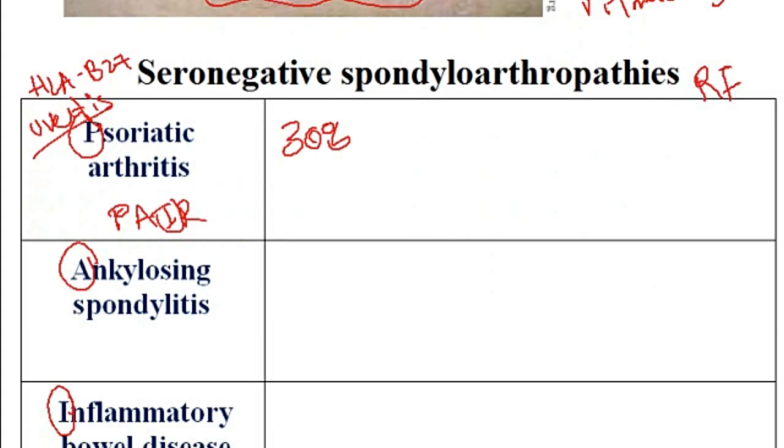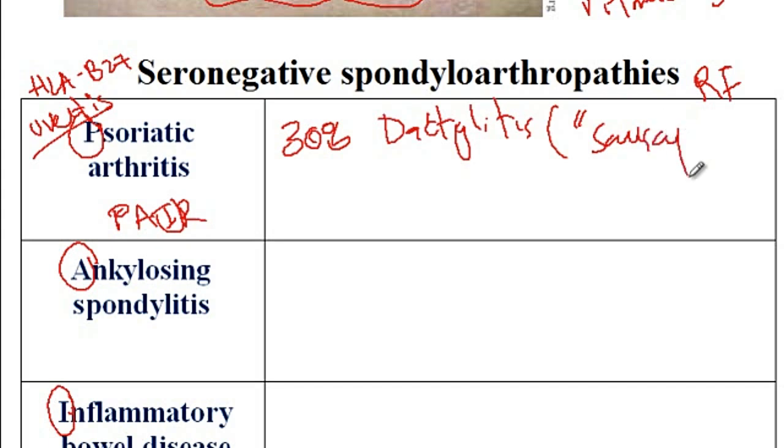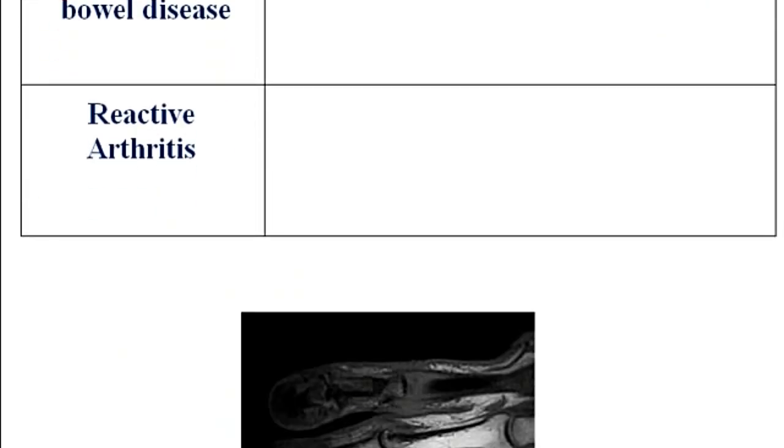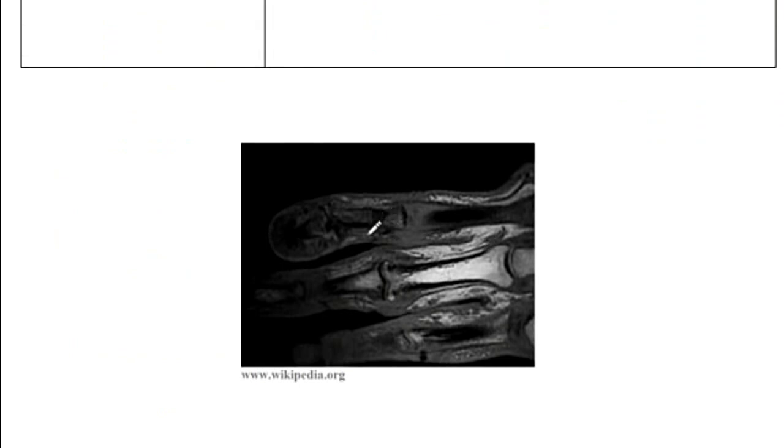Patients with psoriatic arthritis usually present with stiffness, and then they have dactylitis, which is thickening of the fingers that has a sausage finger appearance. And then X-ray of these patients will show pencil in cup appearance of the fingers. So here is an image of a patient with psoriatic arthritis. So you can see that there is a sausage finger shown here, and then X-ray of the bones shows pencil